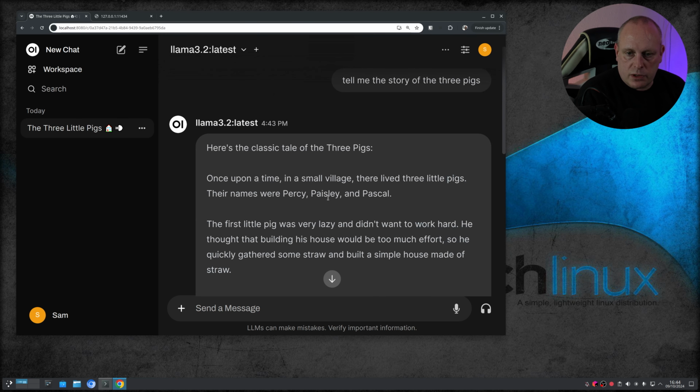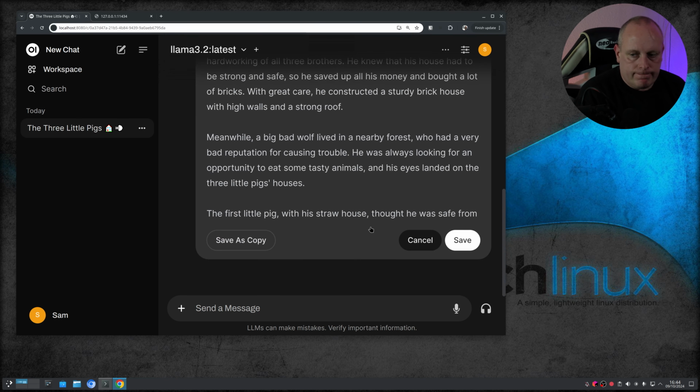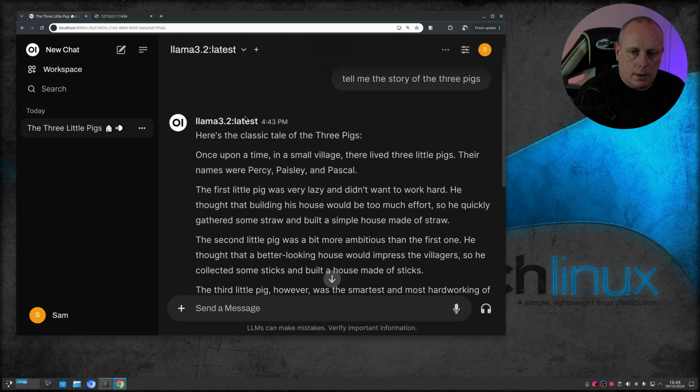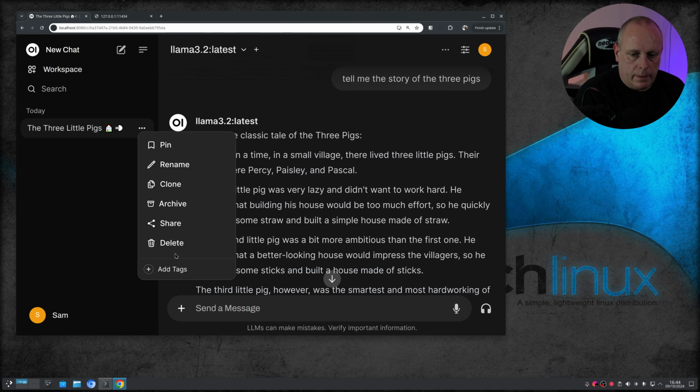We can edit the response. We've got copy, read aloud, good response, bad response. I've read something about these indicating how good it is, but I've not seen where they're recorded anywhere. So you can continue the response or you can regenerate a new one. So if we just clear that one,